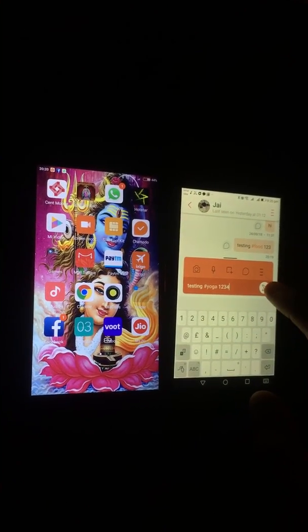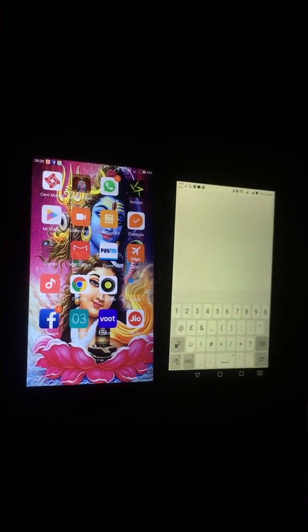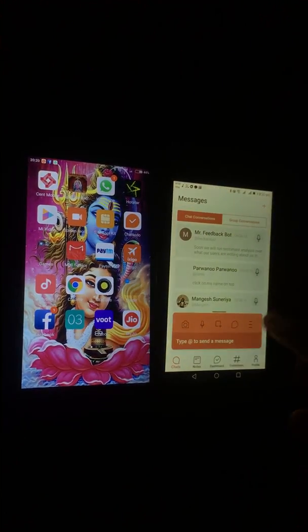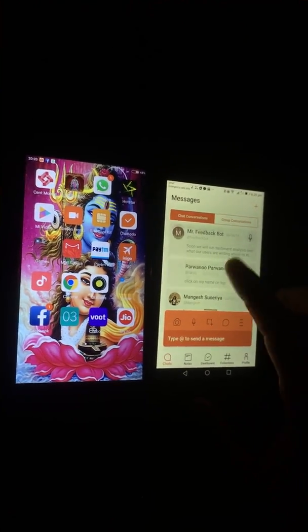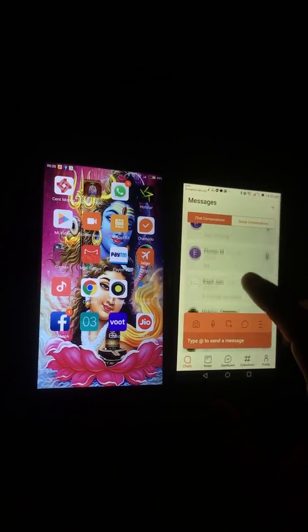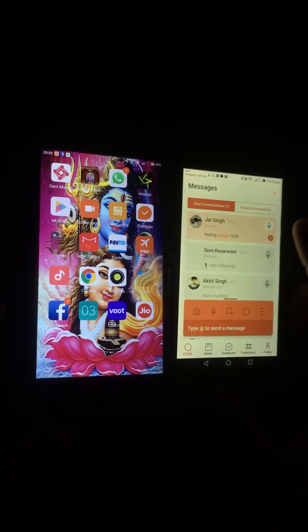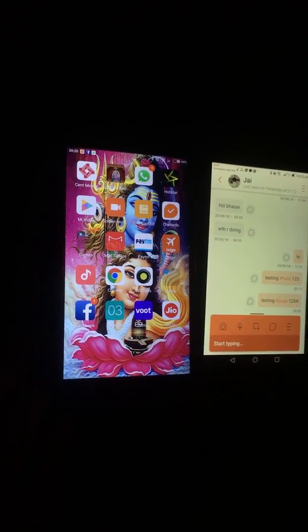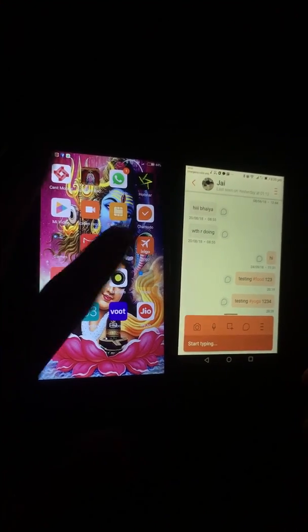Now see, the same thing will happen. Okay, please don't mind this. The app crashed. We are still using a free server. So I send this message to Jay, testing yoga 1 2 3 4.